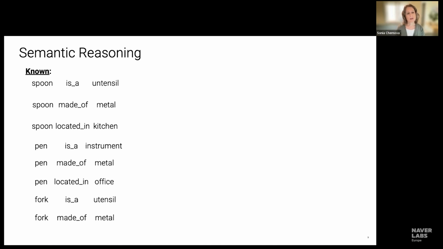Now, to actually learn based on this data, what typically happens, before I get to that, the typical query: if the left side is all the known information that we know about forks or utensils, we know spoons are utensils, we know spoons are made of metal, and so on, a typical query for reasoning might be about something you don't know. Are forks more likely to be found in offices or kitchens? Now, this is not a triple that's in our list on the left side of the slide,